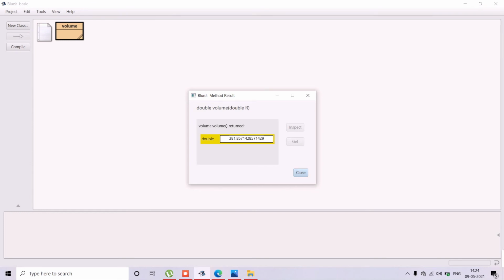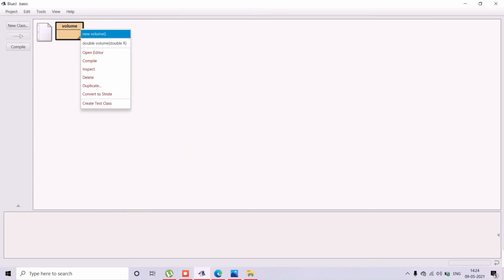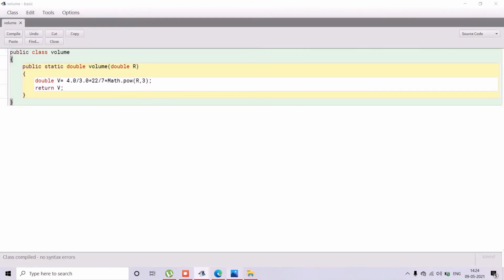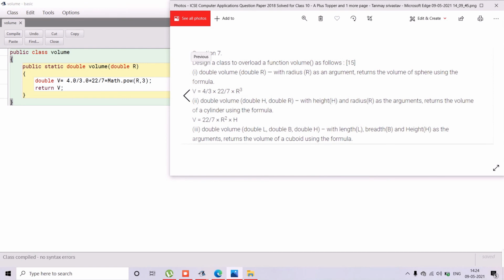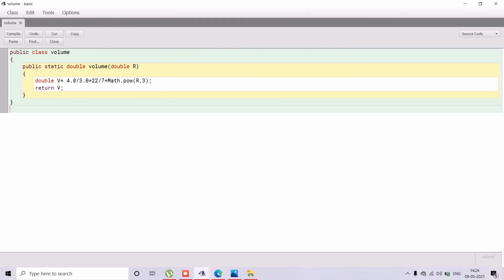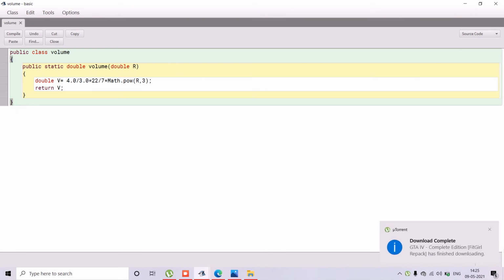So like this we can now open the editor. In this you should not create another class, because in this class only we have to create all these two also. So now let's create. The class is cool. If we write any other thing, then it is a problem. We have to write in that only.